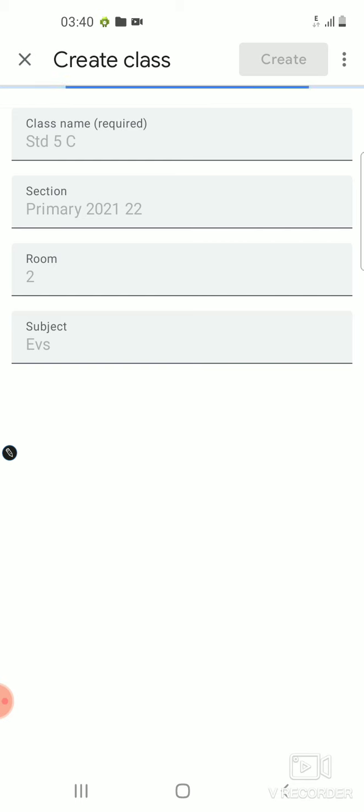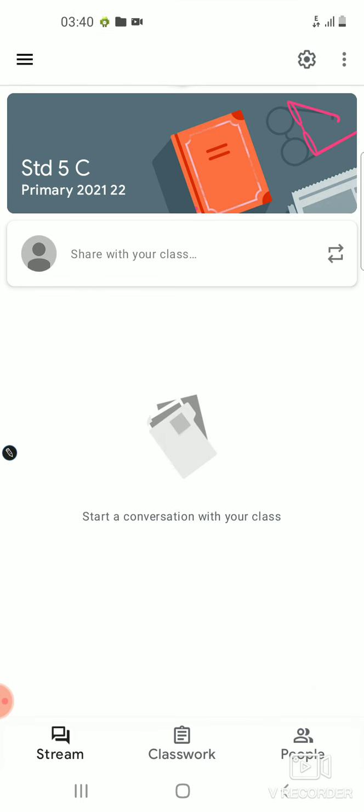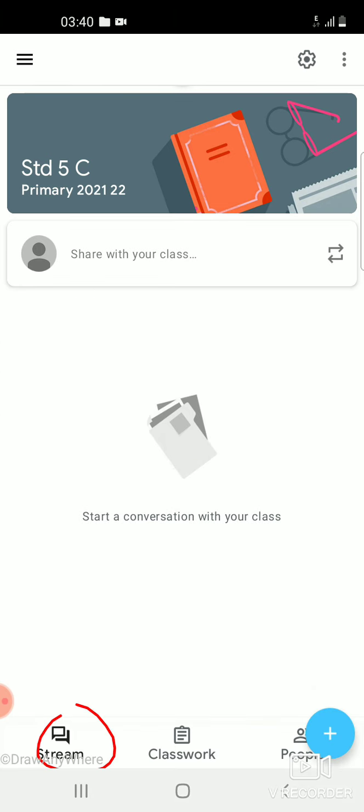The process is going on, so it will take another 2 or 3 seconds and the classroom will be created. So down we can see the 3 tabs, that is stream, classwork and people.